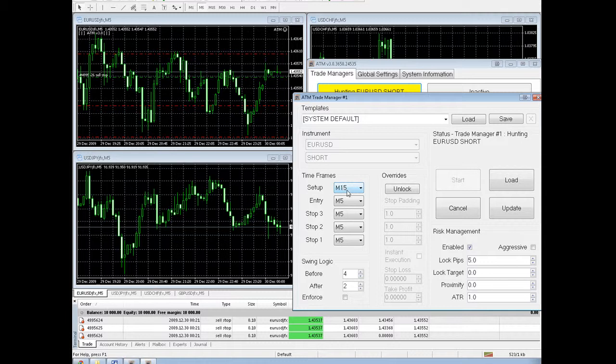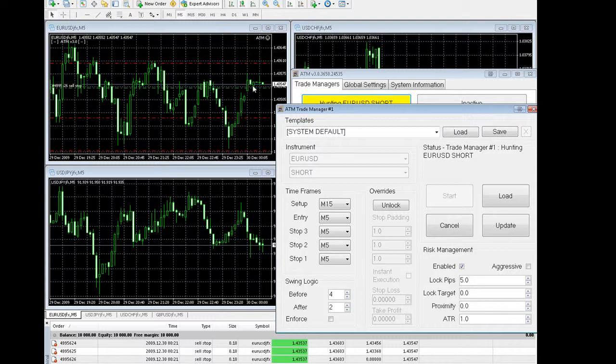With the setup time frame, we told it that things were set up off the 15-minute. That's what it's going to use for setting its profit targets, how far we expect this trade to go, where the odds are. Entry time frame is the time frame where we are set up for the hunt. So we chose the 5-minute here. On this 5-minute time frame, the M5, it trails up underneath each bar's low until it reverses. Once it reverses and drops, it'll trigger. But if it continued to climb, it would continue to trail it up. That's what we call the hunt. It's hunting for an entry. It's waiting for it to actually reverse and drop below a previous bar's low and drop through that support, at which time it would trigger the entry. Actually, these are only pending orders right now. Once the entry is